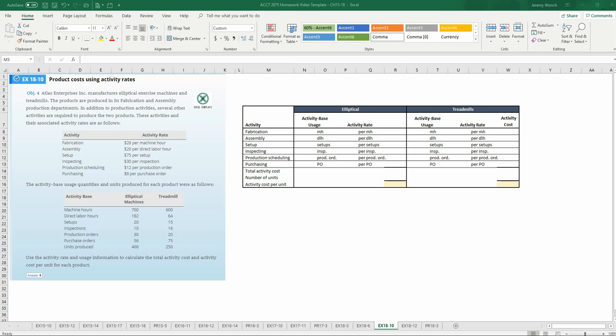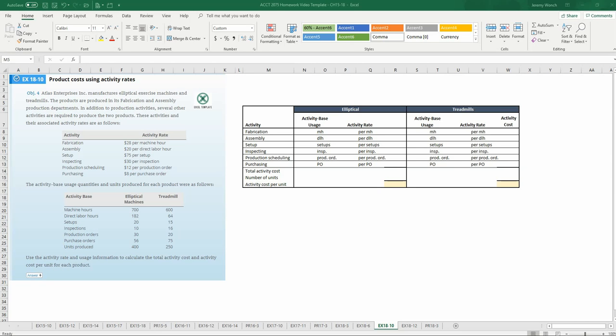In exercise 1810, we're going to be looking at activity rates. In the prior problems, we talked about plant-wide overhead rates, and then we got more specific and talked about departmental overhead rates. Activity rates, which go along with activity-based costing, say that overhead is created